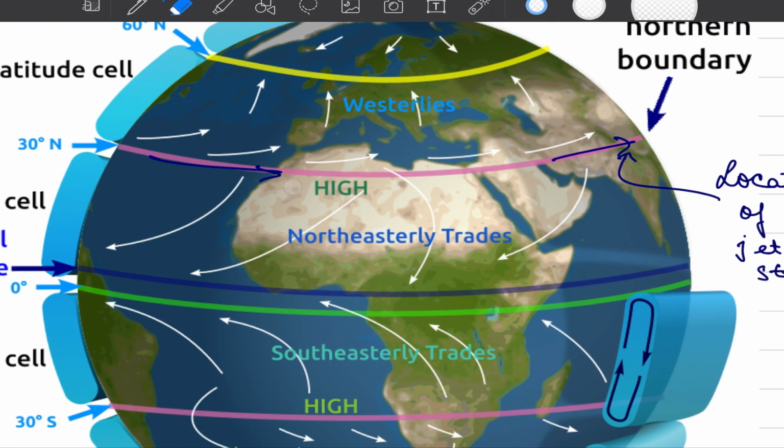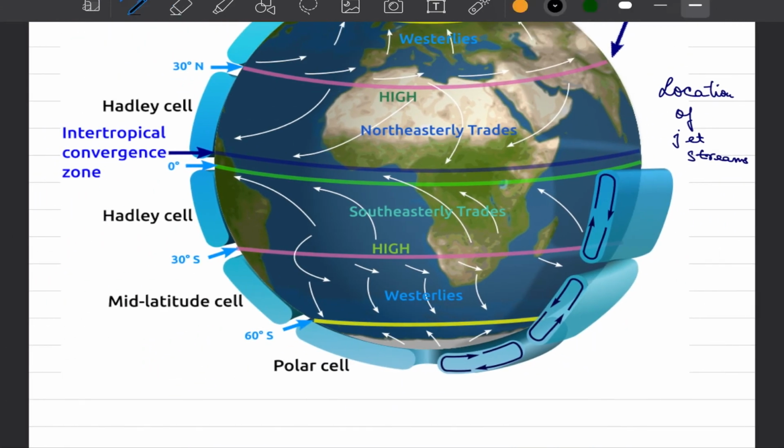So here I have shown some directions. This is a map sourced from the internet, where you see that these returning winds along the surface of the ground take the trajectory starting from the right side towards the left, and similarly all the winds originating in the southern hemisphere follow the exactly opposite pattern, and these are the surface winds.